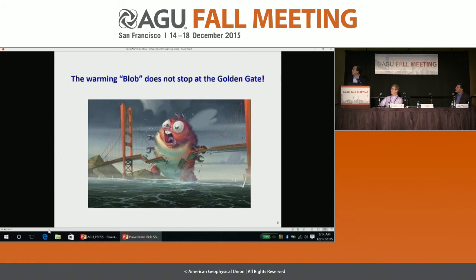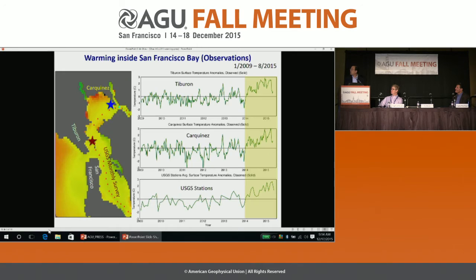The warming doesn't really stop in the coastal water. So recently I investigated a couple of datasets in San Francisco Bay. Just inside the Golden Gate, there are a couple of stations that monitor the time series. There's a Tiburon station, there's another ocean station on Carquinez, and there are also monthly surveys by the USGS. Ships go out and make measurements at all those stations from north to south, collecting water temperatures. And you can see from this